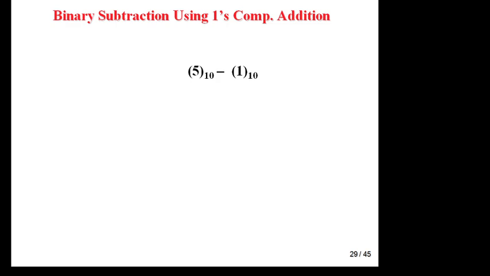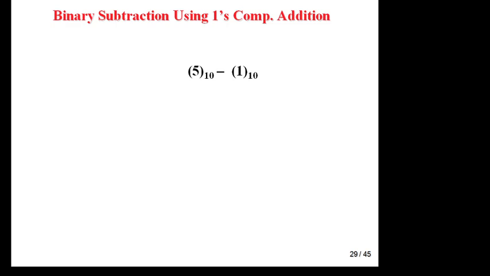And if a is less than b, in this case we determine 1's complement of b, add this to a, and again take 1's complement of the result with a negative sign. In case of 2's complement method, suppose you have to perform a minus b, again there are two possible cases. If a is greater than b, determine 2's complement of b and add this to a. In this case a carry is always generated and we discard the carry.